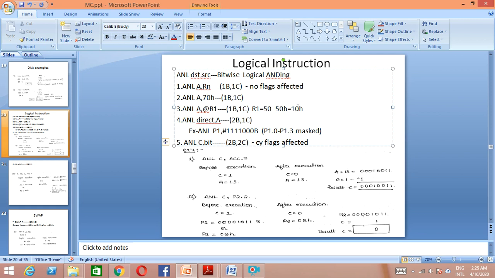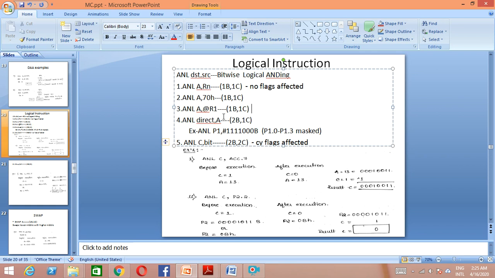That 10H is ANDed with the accumulator. Suppose the accumulator content is FF. Once you AND this with 10H, we get 10H only, which will be loaded into the accumulator. This is how we perform the AND operation.